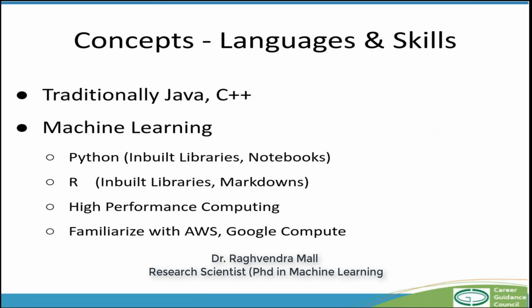At the same time, you have to become a little proficient in, or understand, concepts related to high performance computing, because most of the models that you will be building will be on GPUs, or you will be utilizing parallel computing power. Although Python and R have inbuilt libraries which can take care of multiprocessing and multi-threading for you, it is good to be aware. It is because of these modern high performance computing environments that we are able to build products at scale and utilize them in our daily lives.